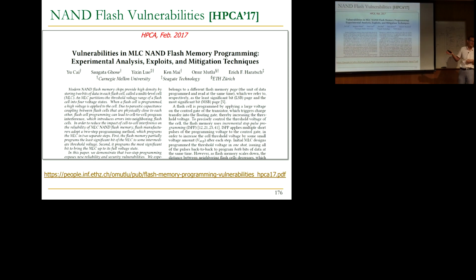Flash memory is harder to exploit, of course, right? Flash memory is not directly exposed to the programming language. DRAM is directly exposed to your programming language. If you have a bit flip, you'll see it in your program. If you have a bit flip in flash memory, for that to propagate into your system, you really need to overcome layers and layers of things, right? Flash translation layer, first of all, gets rid of a lot of your bit flips inside there. And even if you have bit flips after that, how do you actually take advantage of those bit flips?